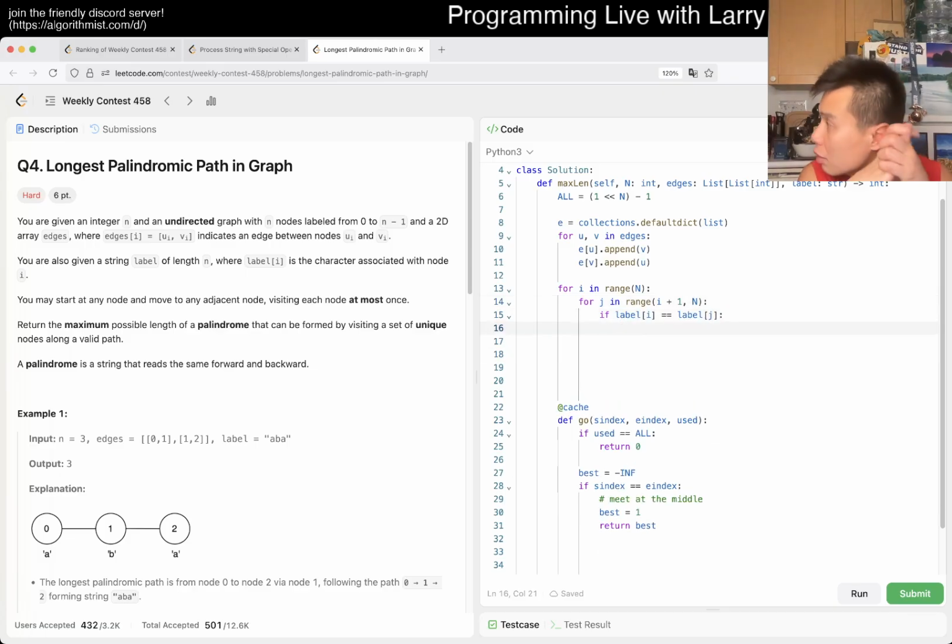Okay. If they're the same, then we want to just match other friends who are the same, right? Oops. 14 to the 4th is fine. Stop optimizing it. Okay. Then